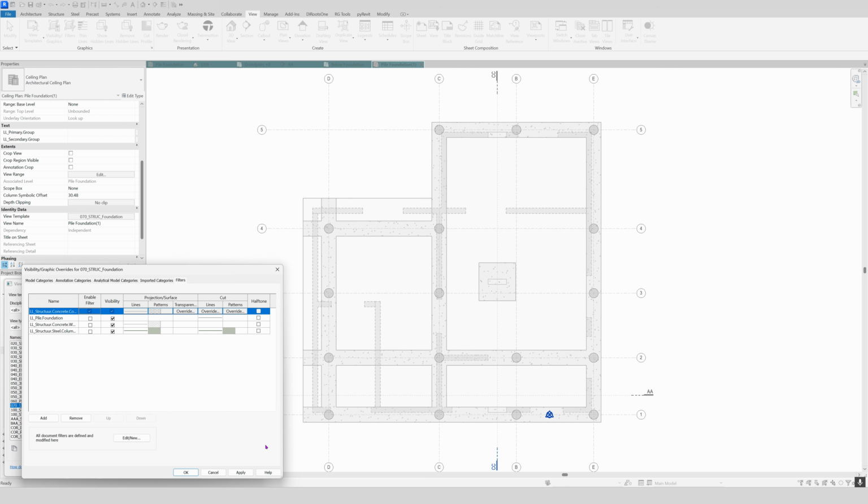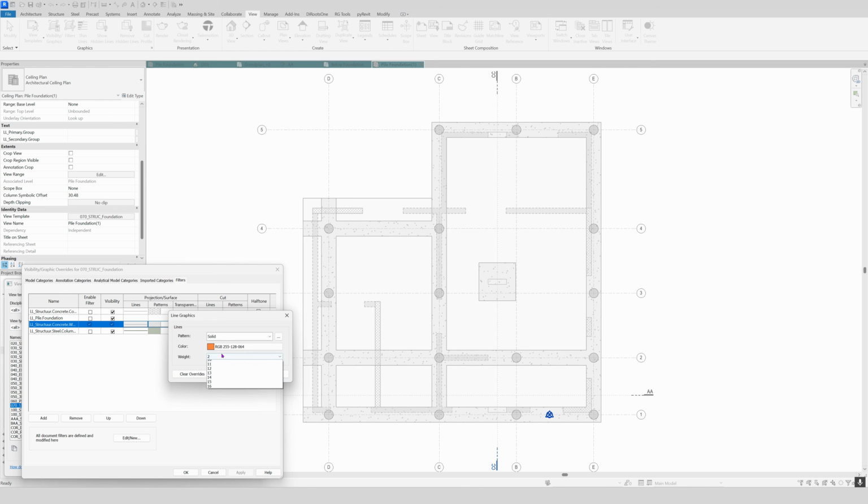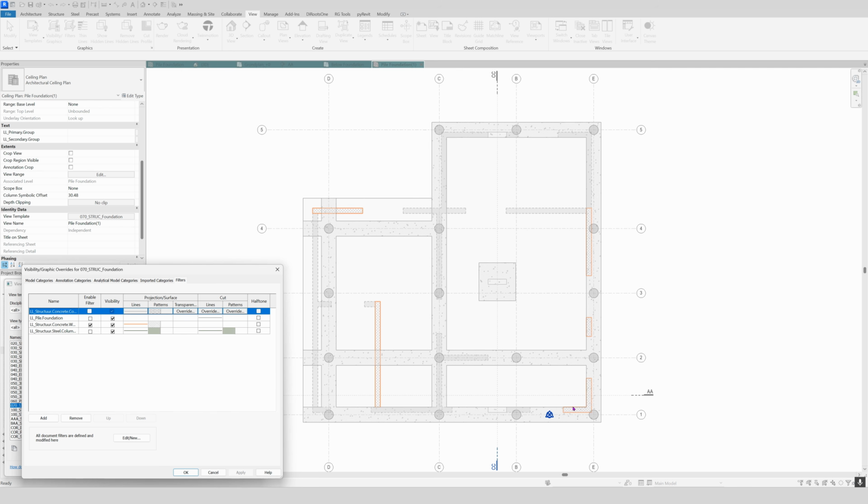So for the concrete wall, I will enable the filter, and those are the columns. Excuse me, the concrete wall, there we have it. So in the concrete wall, you see that there are some other changes. Well, we can manipulate it if you want by giving it a brighter color, let's say orange, okay, and we're going to give it a thickness of 3, apply, and voila, you can straight see now in the view where the concrete walls are. For the columns, it's just the same, so we go for concrete columns, enable filter, apply,